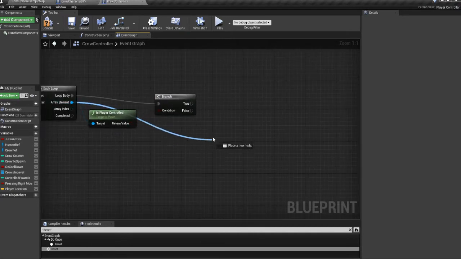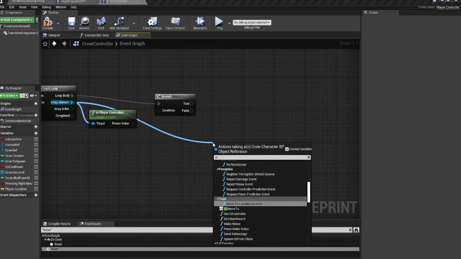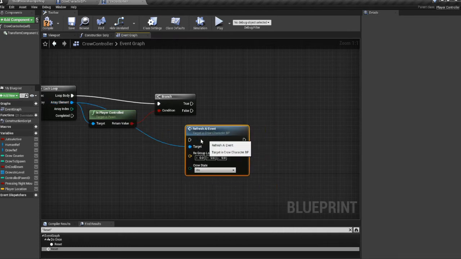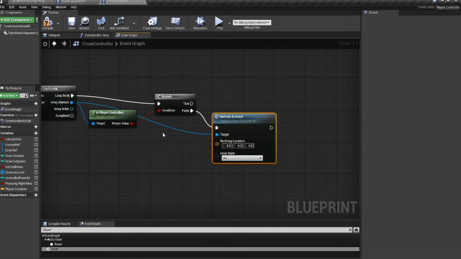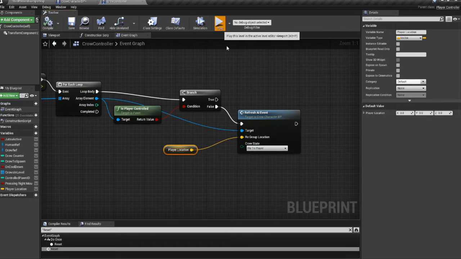Okay, first of all, we'll go here to get the option to AI event. We want to go from the array here, otherwise we will not get it. From the false, where are we gonna go? To here. What state do we want to go? Fly to player, and tam pam. And now